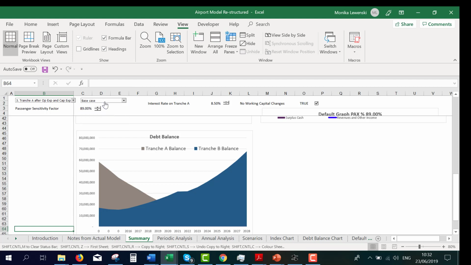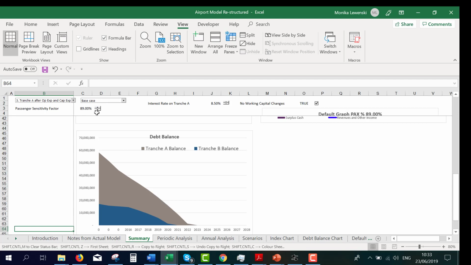Let's use the base case, and then we've paid it off. So you can see just what happens now if I increase this. This is again just the passenger traffic sensitivity. All right, and we're just finally there. So in the base case, we've paid everything off.